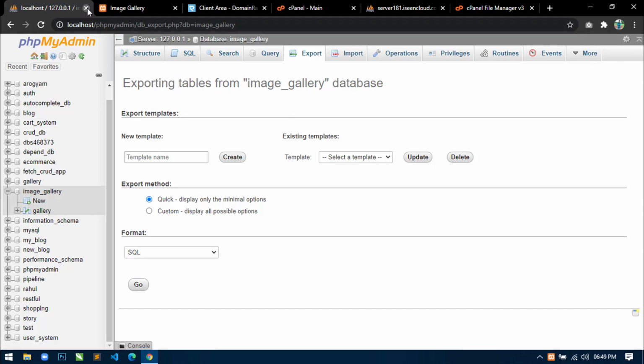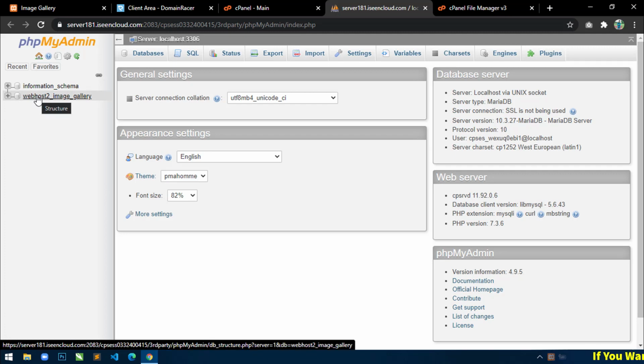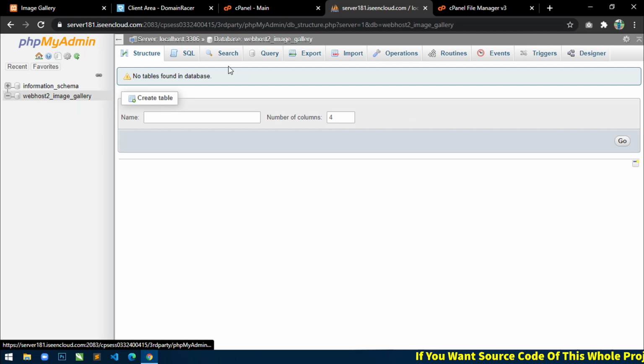Close this and open live hosting server phpMyAdmin. So this is my live hosting phpMyAdmin. This is the database that I have already created. Now click on this database and go to import tab.